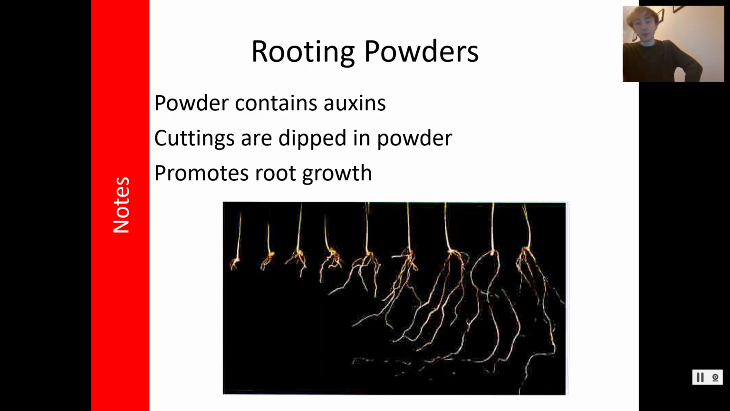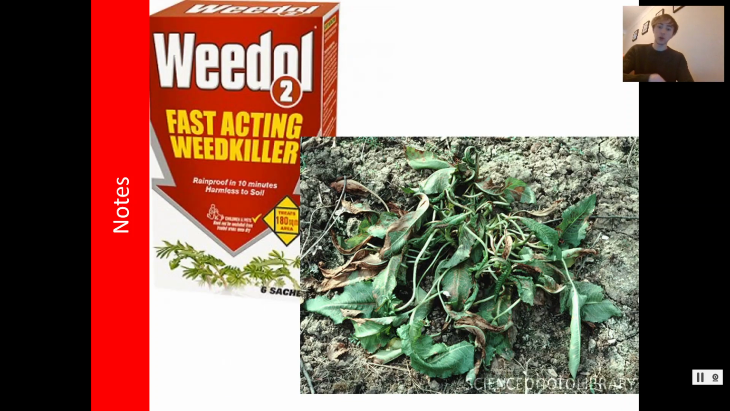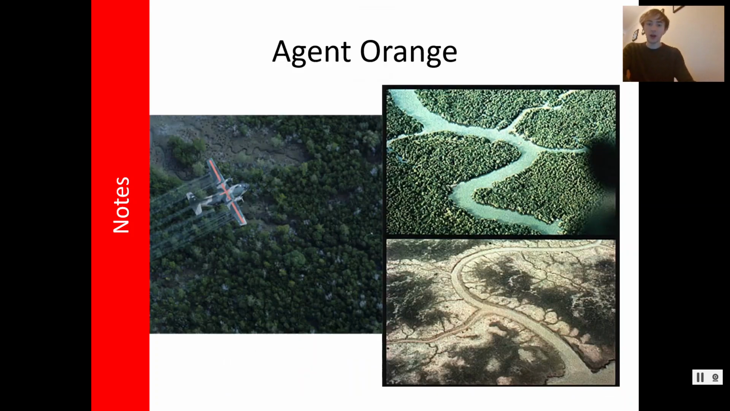Effectively clones. And when we come to cloning in year 11, we will do a lot more work on routine powders. Fine. Take down those notes if you haven't already, just pause me. Now, the next ones we're going to talk about are Weedol and other